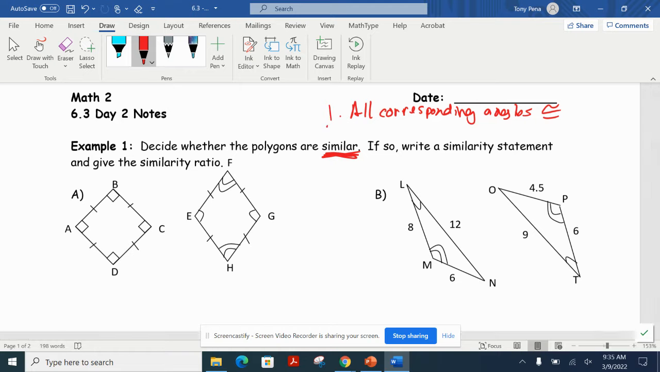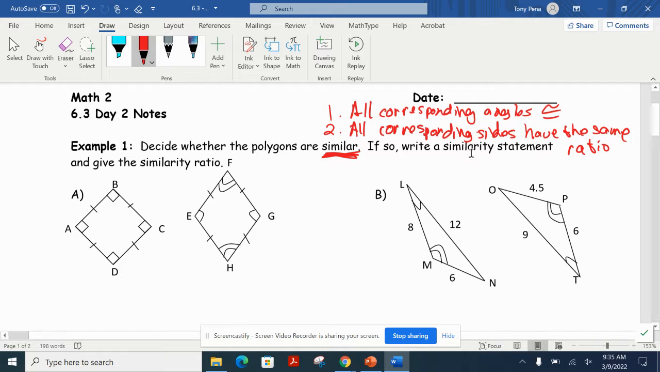And then the second thing that needs to happen is we also have what are called corresponding sides. Those aren't going to be congruent. Otherwise, you'd have the exact same shape. All corresponding sides have the same ratio. So we're using words like ratio, scale factors, that sort of thing,